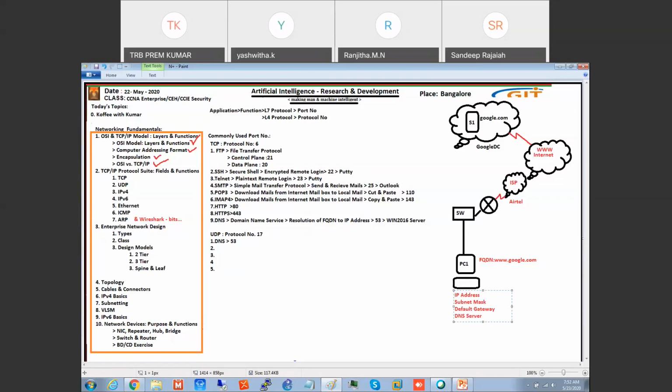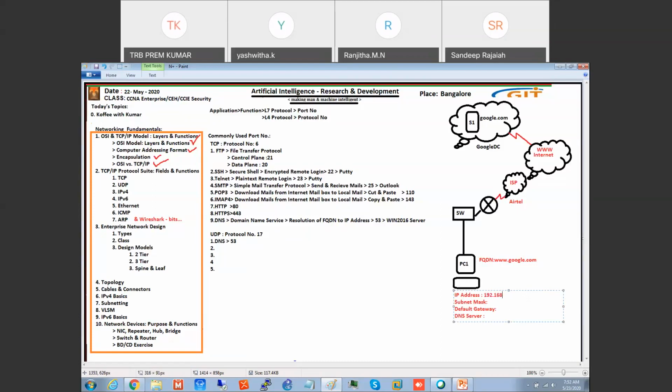This all we have to configure. For example, I'm just writing my machine IP address. This will be manually or using DHCP you have to configure.